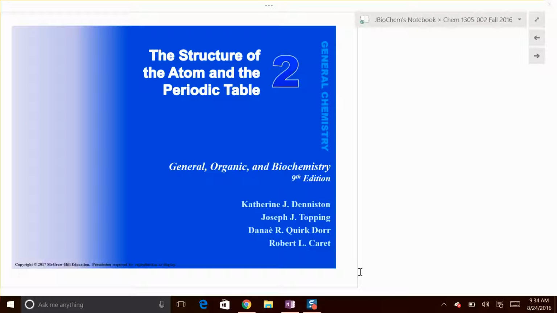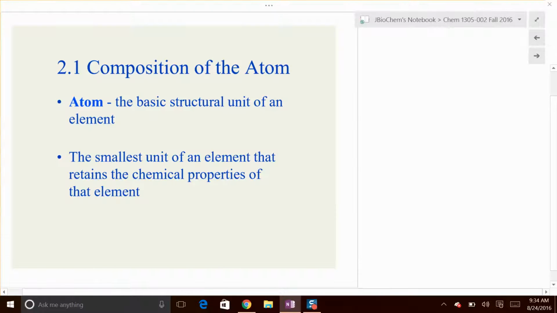Okay. So we're going to start talking now about the atom and the composition of the atom. How did we discover the atom? What is the atom made of? And really get a grasp on this idea of the atom and what it is, okay? Because that's the basis of chemistry. All these chemical reactions happen at the atomic level. So we need to understand how they're happening and what the atom is made of that allows this stuff to